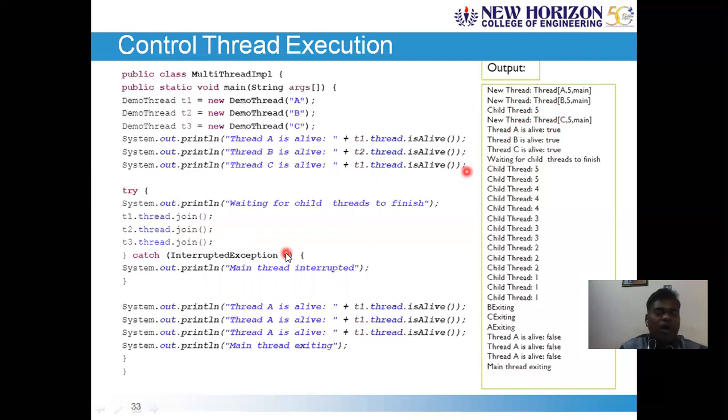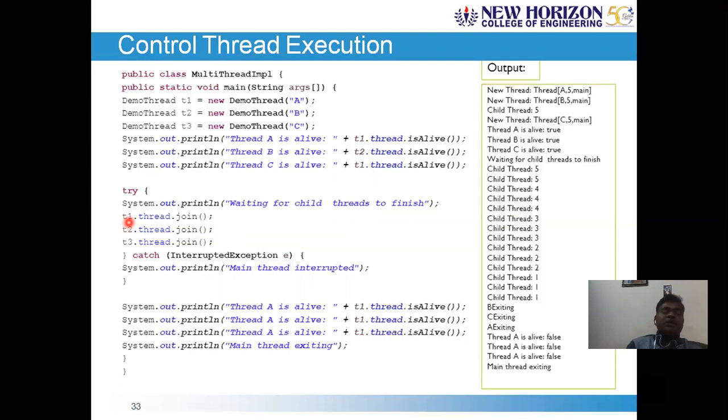Now let's move on to the block where we illustrate the join and isAlive methods. Join waits until the thread upon which it is called completes. I repeat, the join method is used to make a thread wait, on which the reference variable is called, until it completes its task.